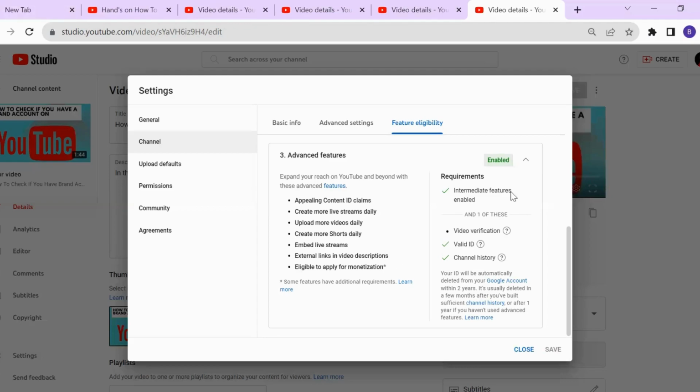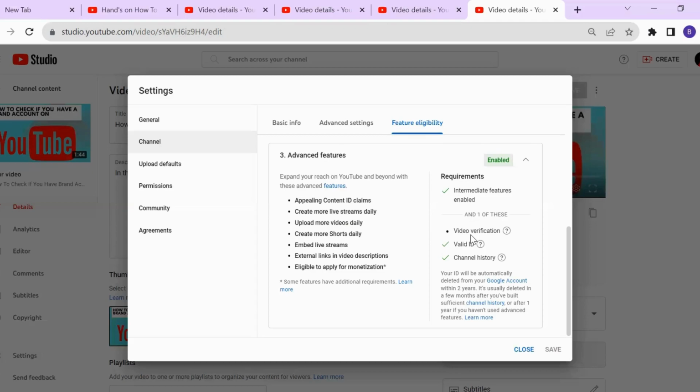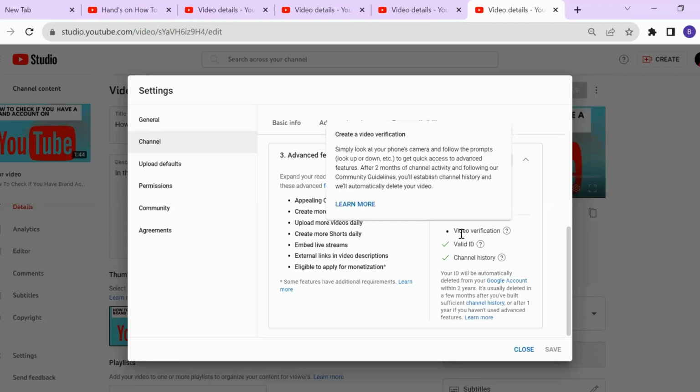So once you're here, for you to be able to enable it, it's going to require your ID. Okay, so you can check here. Simply look at your phone camera and follow the prompts. Okay, so create a video verification, which is simply look at your phone's camera and follow the prompts. Look up and down, so they will guide you on what to do to get quick access to advanced feature. So after 2 months of channel activity and following our community guidelines, you establish channel history, and